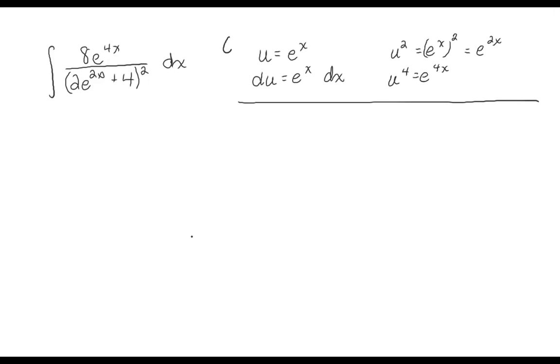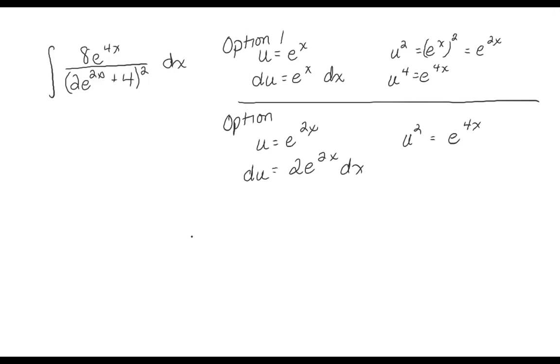Another option, I'm even going to write that as option 1. And then another option might be that u equals e to the 2x. So du is 2e to the 2x dx. I kind of like this because it means u squared is e to the 4x. So it's a little bit less problematic. The other thing that I notice is that the 8, the 2, and the 4 are all constants. And if I do a little bit of factoring,